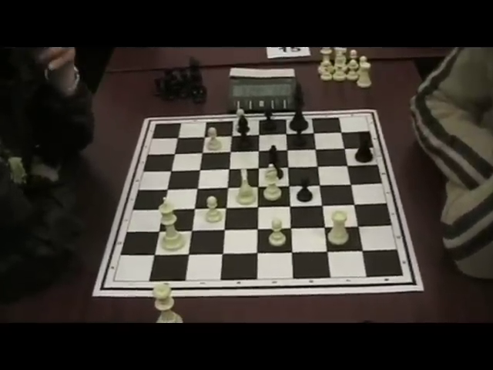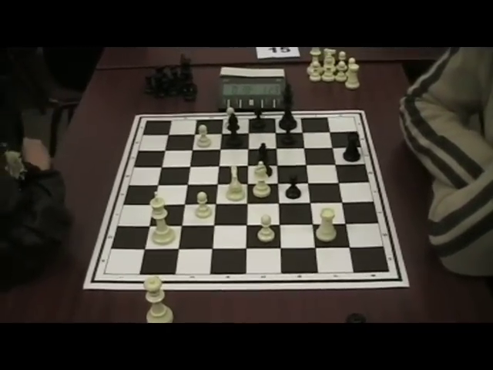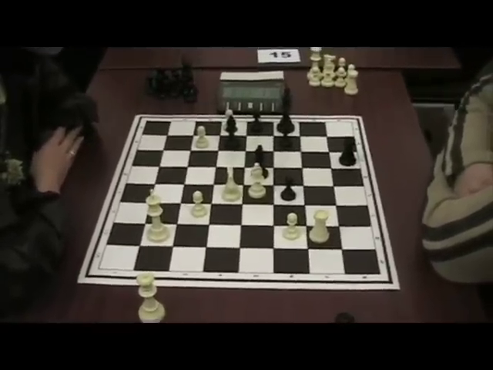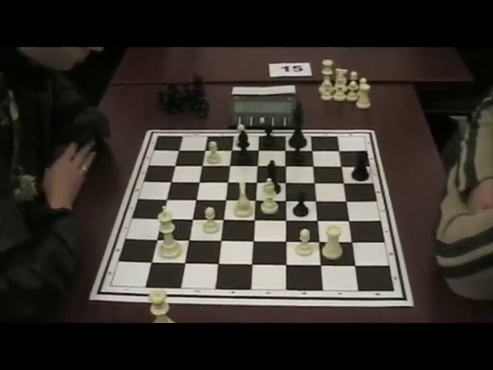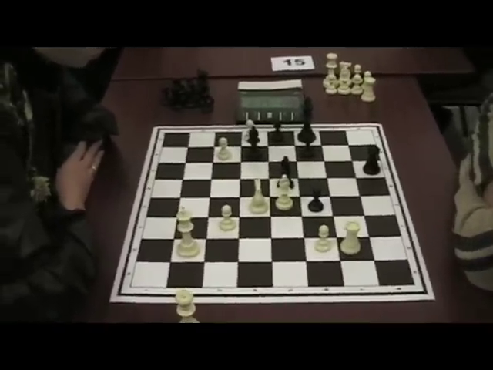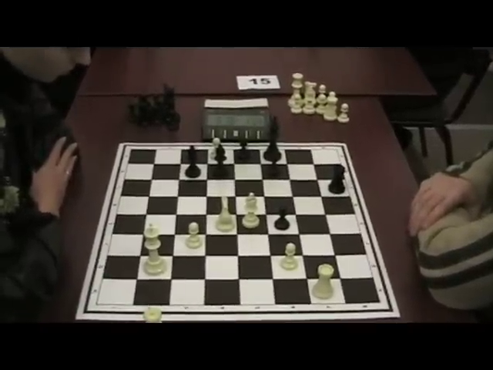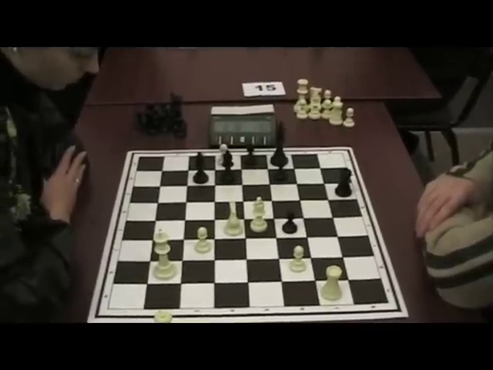Probably he should have exchanged the rooks, but he played rook c8 because he hoped for his pieces to create some threats to my king. But I continue my plan of advancing the g pawn, g6. And here we see that it's not that easy for him to create any direct threats to my king. Rook h7, while my g pawn is almost there, is almost at the end